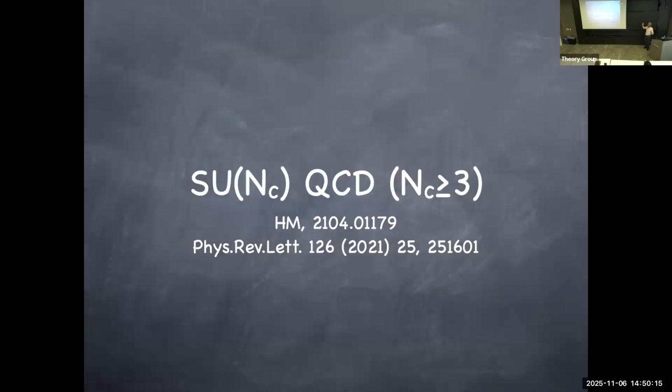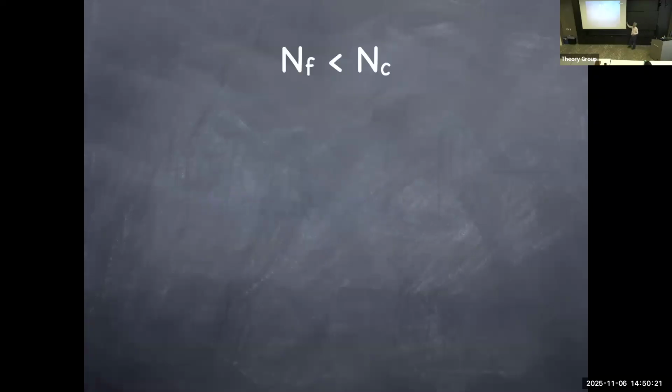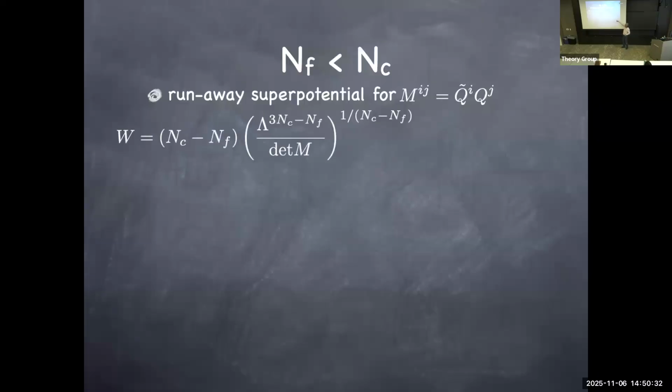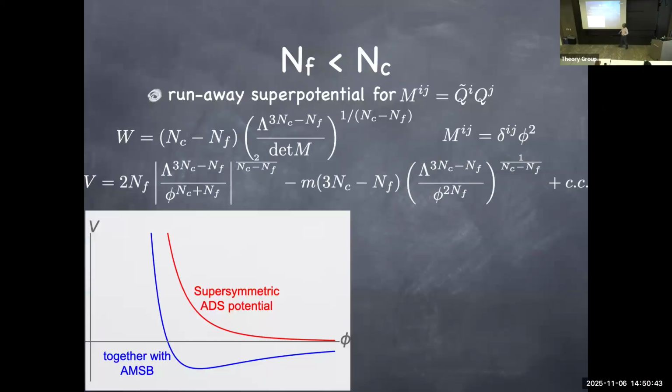Okay, that was a long introduction, but now finally coming to the crux of the results. So when the number of flavors is less than the number of colors, Seiberg's result is what I told you already: there's no ground state. It's described by the scalar field going to infinity because of the superpotential, which is inversely proportional to these meson fields. If you write down the potential out of this superpotential, it looks like this red one. The squark would keep turning on all the way to infinity and eventually asymptote to zero, but there's no stable ground state in the system.